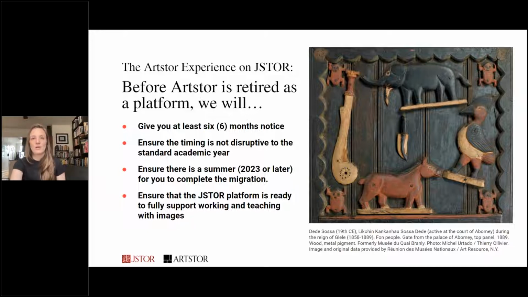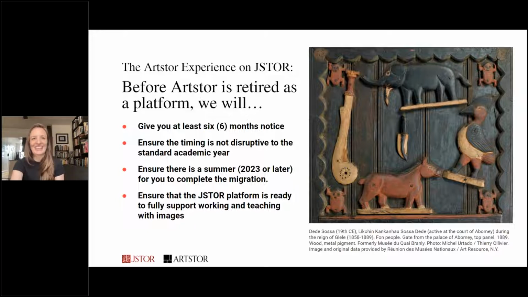as a platform. Now, we've made a lot of progress over the past year, and we're excited to tell you more about it, as some of my colleagues will do shortly. And we invite you to check out that progress to see if JSTOR as a platform meets your needs for teaching, working with, using images in whatever respect for your research or classroom use. But we also know there's a lot left to do. To stay true to that user-centric approach, we have significant work to be done, which my colleagues will also address. So we will ensure before making a retirement announcement that the JSTOR platform is absolutely fully ready to support teaching